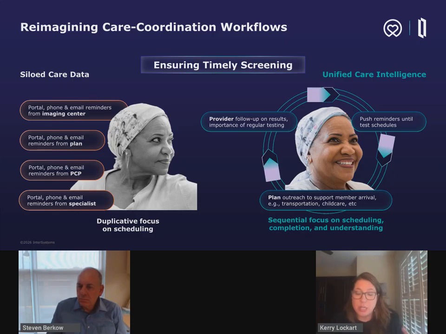And then it can all circle back to the provider who can get Mary's results and focus on next steps with her. But this is the difference between the world that Stephen talked about at the beginning, where we're still not in a place where plans and providers are seamlessly exchanging data, and there's all these manual efforts, to a place where everyone knows what they need to know at the right time at the right place to have a big impact on our members and their healthcare. So that's our big story.